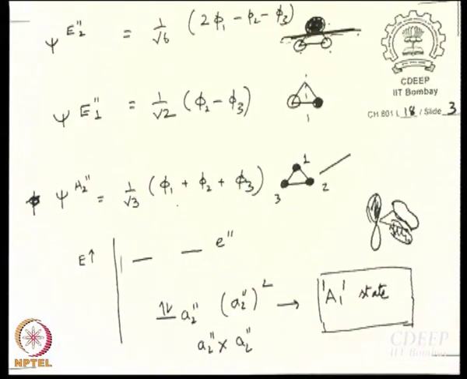So what will be the total wave function then? The space part multiplied by alpha 1 beta 2 minus beta 1 alpha 2. So there is only one total wave function that is possible, right? So we call this the singlet state. Singlet A1 dashed state. When I write a singlet as a superscript before the letter, do not read it as 1. It is not 1 A1 dashed state. It is singlet A1 dashed state.